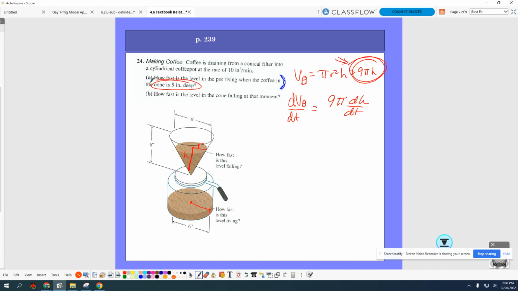It's the same. Why is it the same? Okay, technically, if you want to do the physics thing, some of the coffee's going to get stuck in the filter. Assume there are no coffee filter issues. The amount going out of the cone is going into the cylinder. So what is the change in volume? The same. So it's going to be 10. And Carson said the only difference is it's negative for the cone because it's leaving, and it's positive for the cylinder because it's going in. So right here,